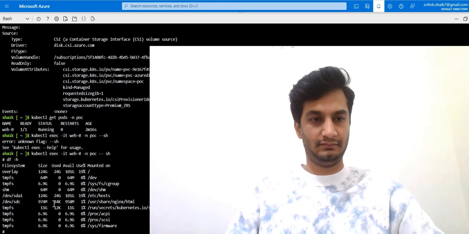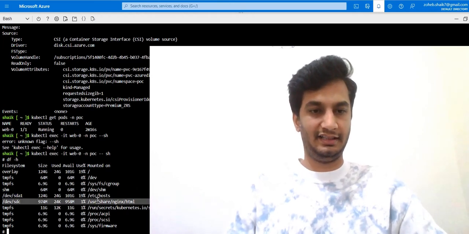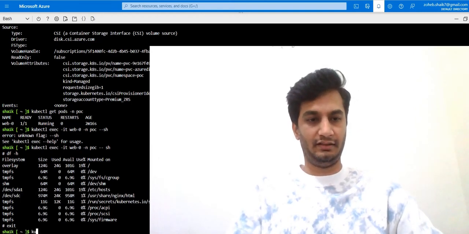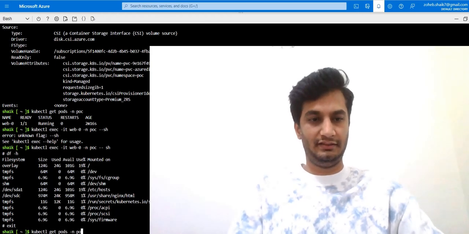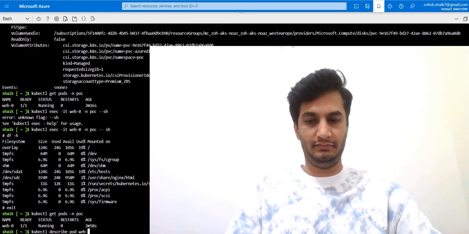Yeah, a 1 GB PVC is attached to it. Anyhow, in our file also we can validate if you want to double-check whether we are attaching the right PVC or not.